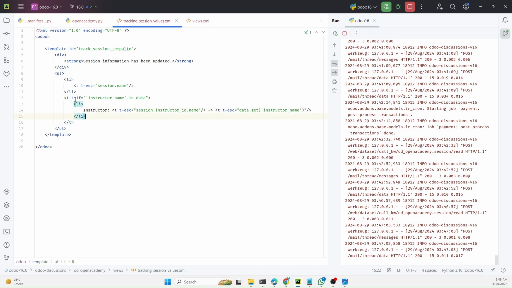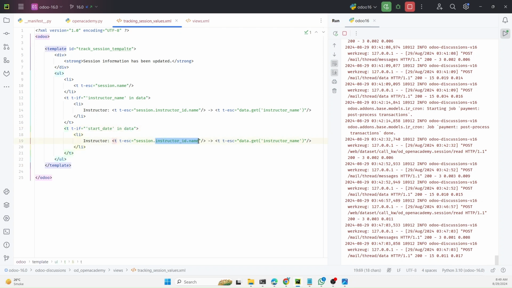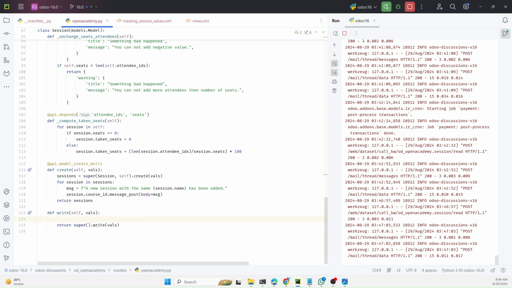Okay, so this way we can add the condition for multiple fields. Let me duplicate it. So here I can say start date. If start date in the data, then it should print start date, and here start date, and here it will be updated like start date. Okay, so this is how simply you can update it. Let me change the spelling like this,